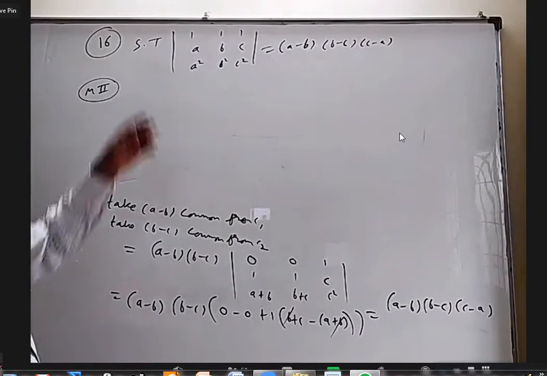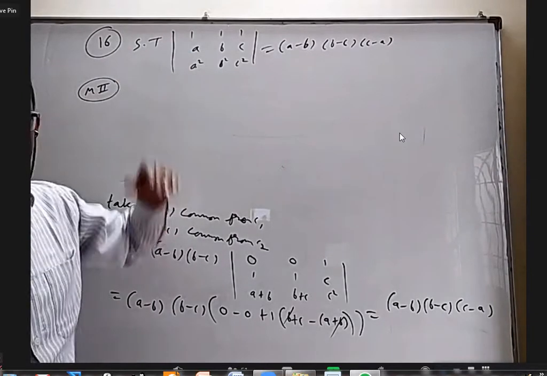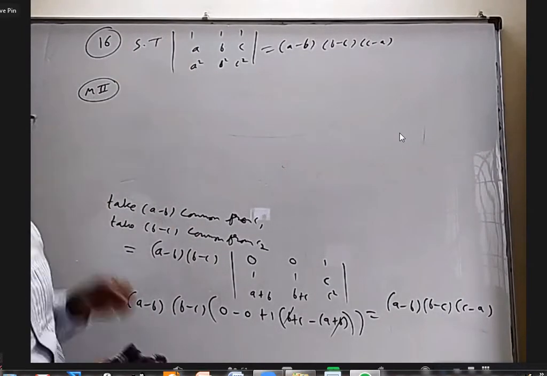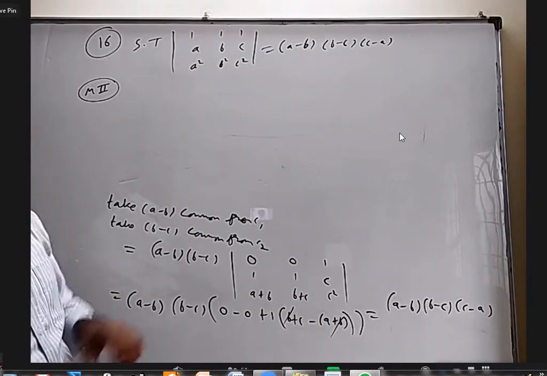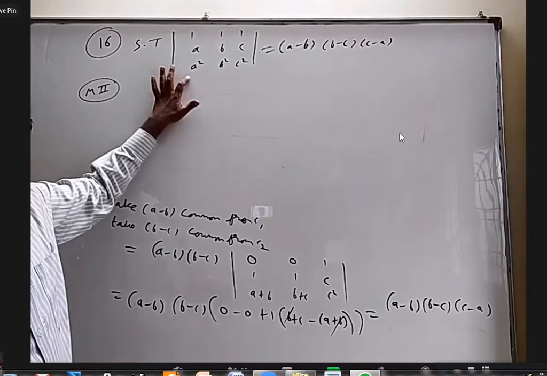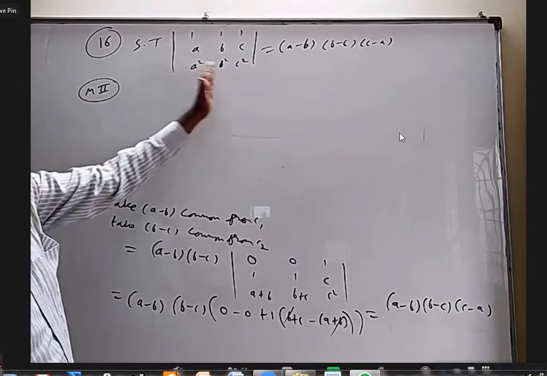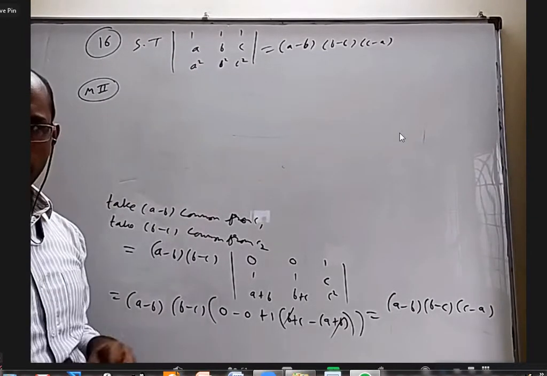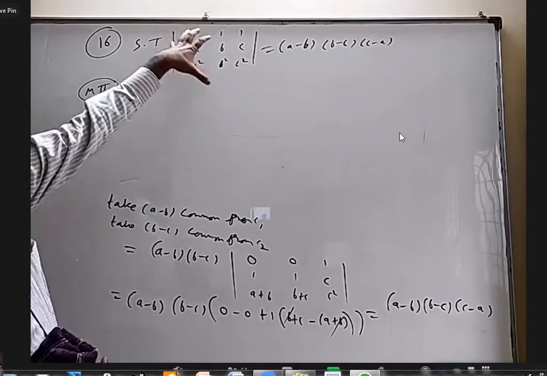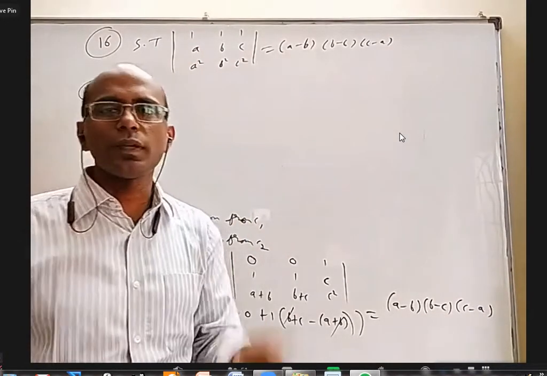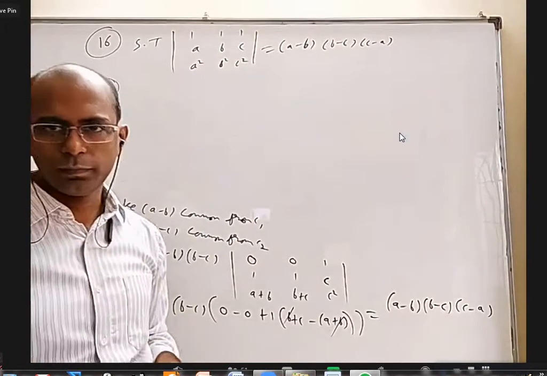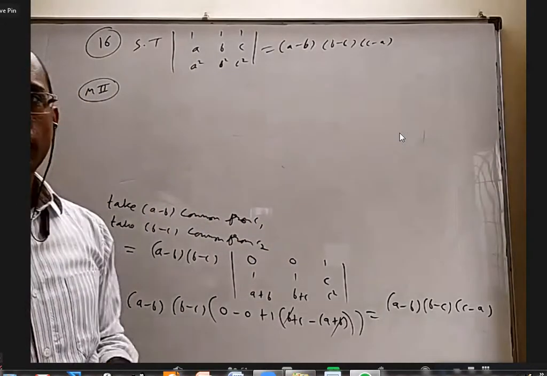Now this question is done just like that. You don't have to do anything. You put a equal to b straight away in the question. What will happen to the first column? It becomes 1, b, b squared, the same as the second column. If two columns are same, the determinant is 0. So this algebraic expression becomes 0 by substituting a equal to b, which means a minus b is a factor of that.